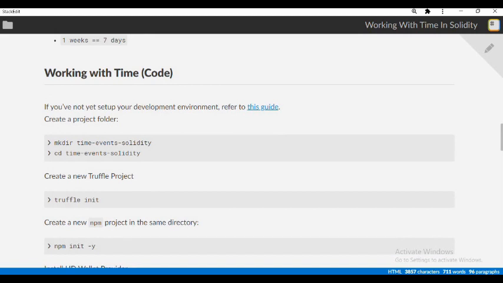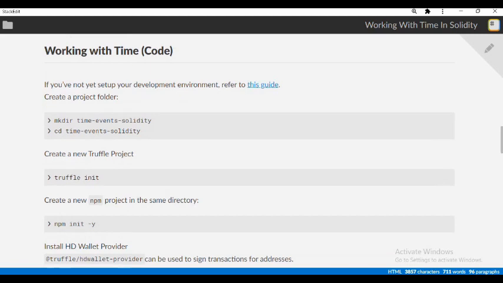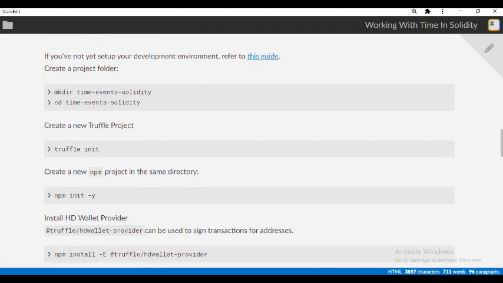Okay, so if you've not yet set up your development environment, I advise you to refer to the official Truffle guide and documentation. Basically they will show you how to set up node, npm, and install Truffle globally. Okay, so the next thing would be to create a project folder. You can go ahead and follow the steps, and we'll create a new Truffle project with truffle init. Since we're going to work with external libraries, we're also going to have to create a node package or node folder. Okay,